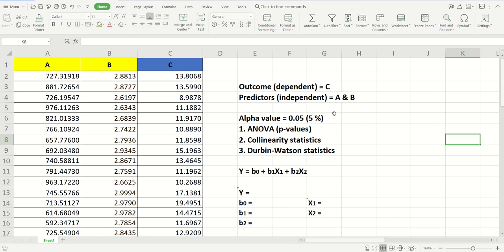The multiple regression analysis using SPSS that we want to show here is to see the ANOVA test, so we want to see the p-values. The second one is collinearity statistics, so we want to determine the parameters of tolerance and also the VIF, variance inflation factor. And lastly is the Durbin-Watson statistic. So these three tests we want to see in our